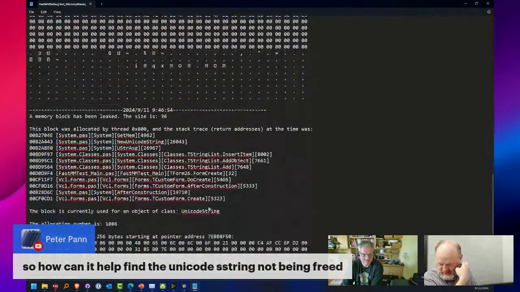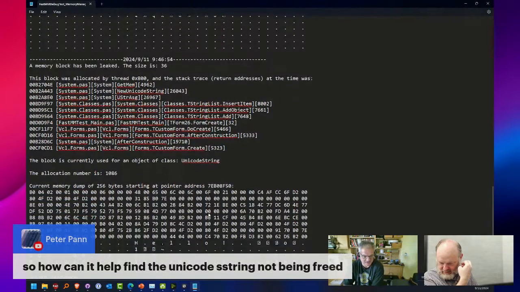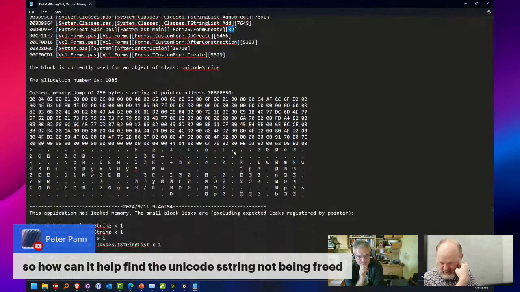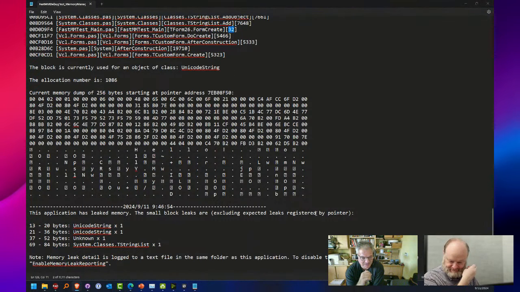That's the string list object itself. That's the string stored inside the string list. And again, it tells me my line right there, where I added the thing to the string list. And you get the aggregate report at the end in the last block. So many blocks of this size, and so on.